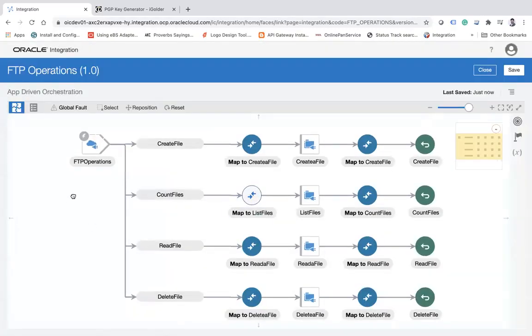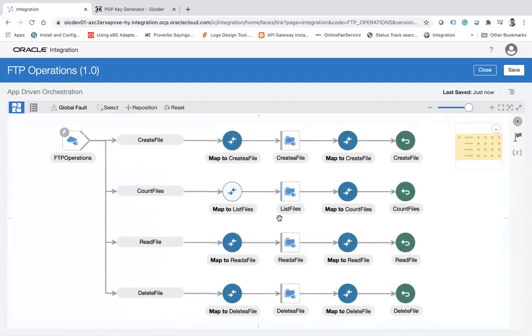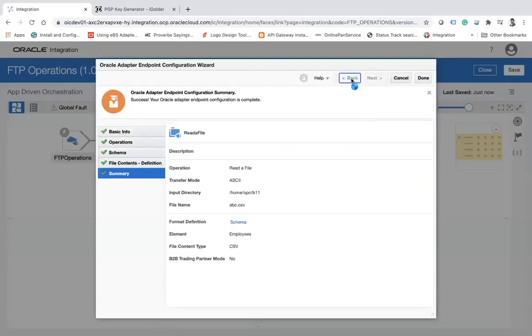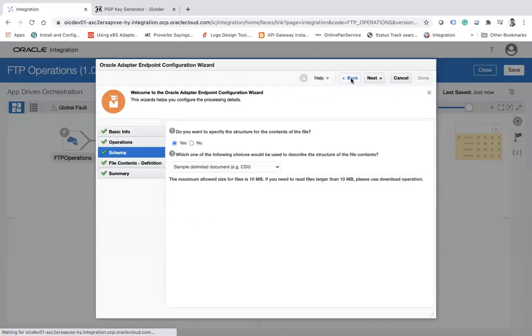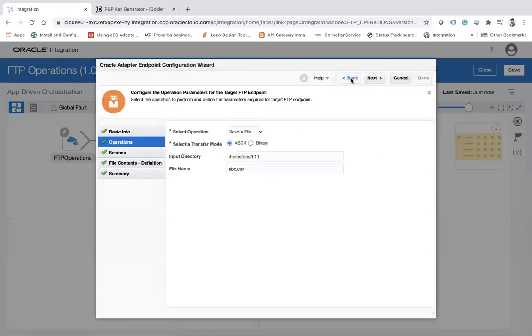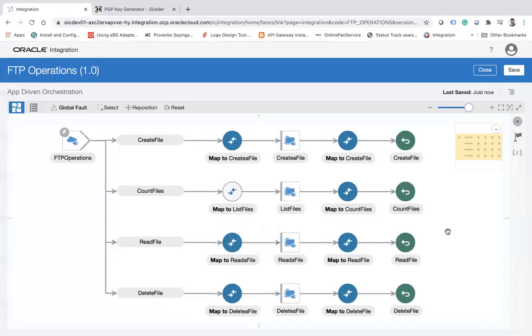Right? Now, similarly, I want to decrypt the file. When you read the file, there is no such option here to decrypt the file while reading. Do you see? You don't see it here. So in order to decrypt the file, first you have to download the file. And how to download the file? Basically,